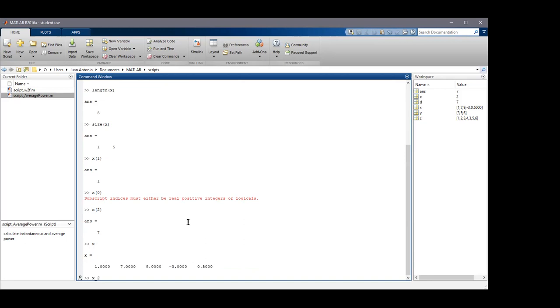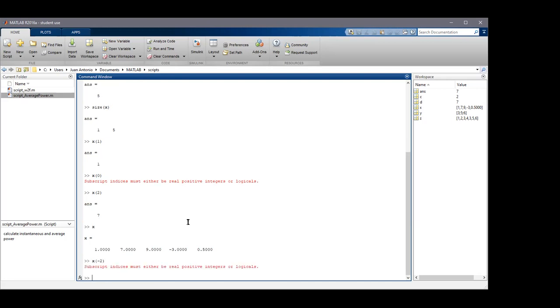If I try a negative index to find that element, it doesn't work. Okay, so the indexes have to be positive